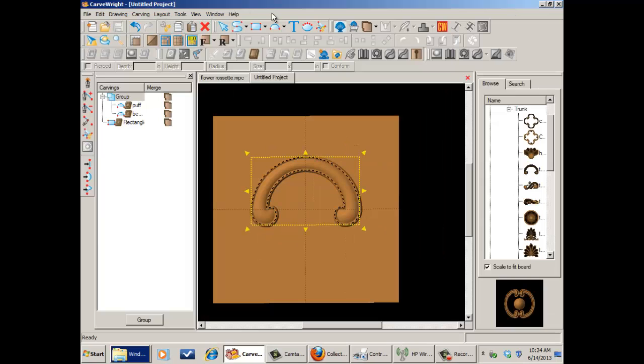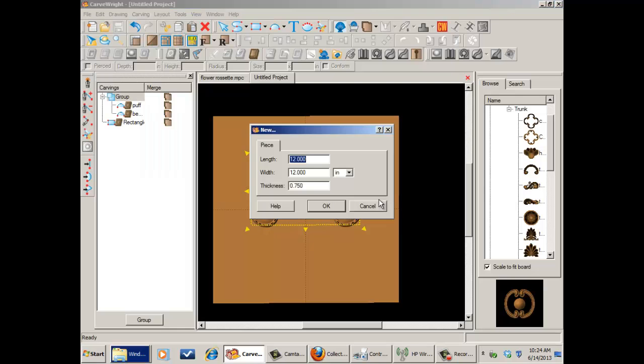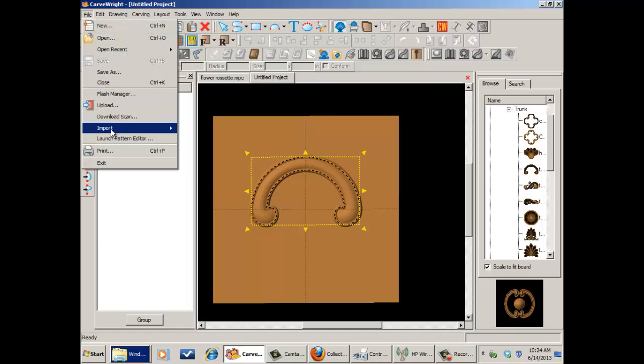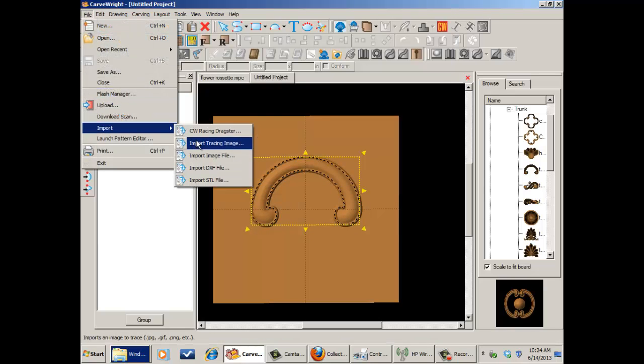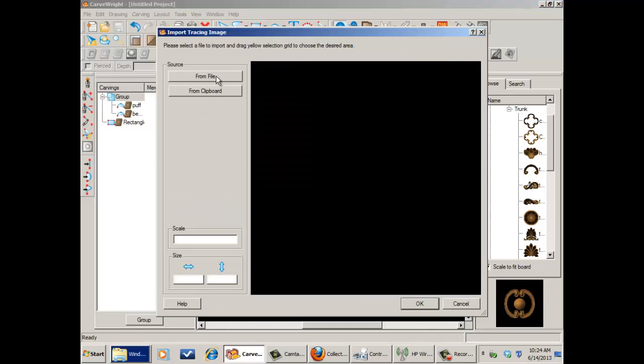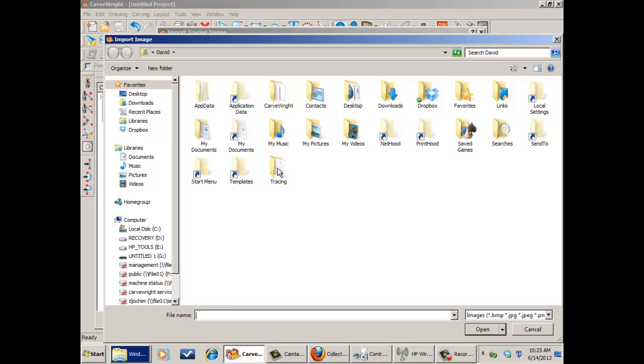Okay, so let's do another new project here. Actually, no, not a new project. We're going to go to File, Import Tracing Image. Okay, now Import Tracing Image is part of the 2D drawing suite. And the 2D drawing suite allows you to do some really interesting things as far as drawing goes. And this is one of the key elements to it, being able to trace. So I'm going to go to Import Tracing Image from File